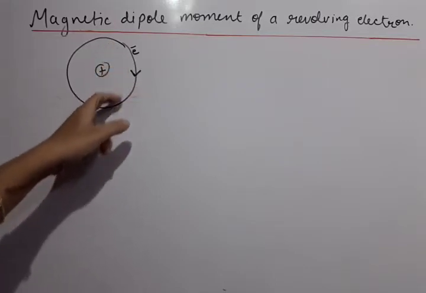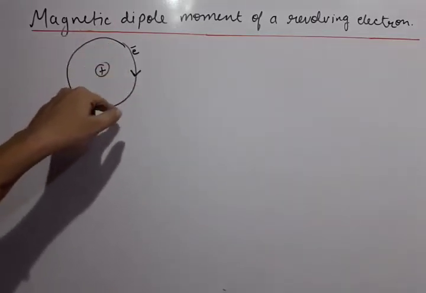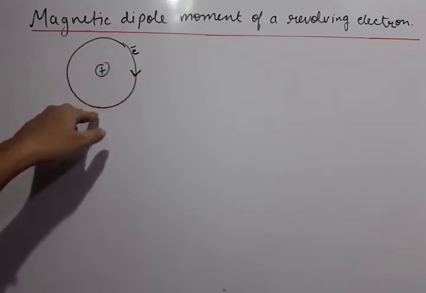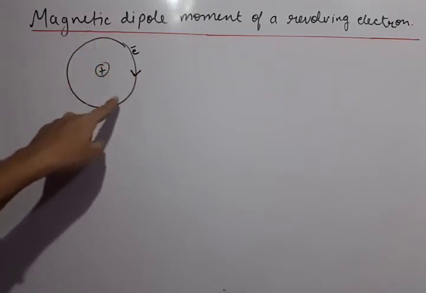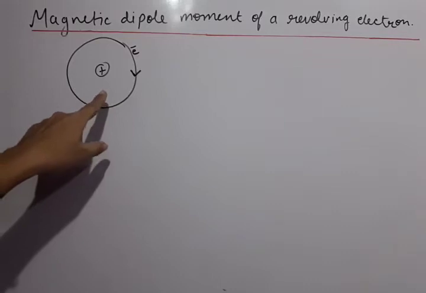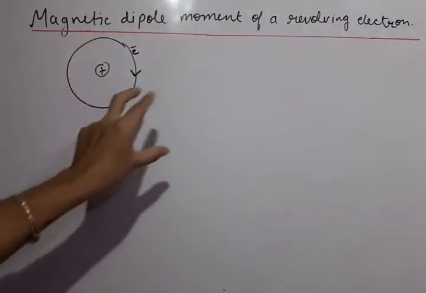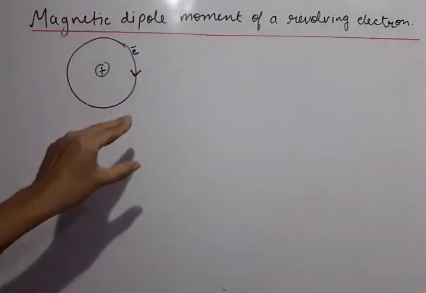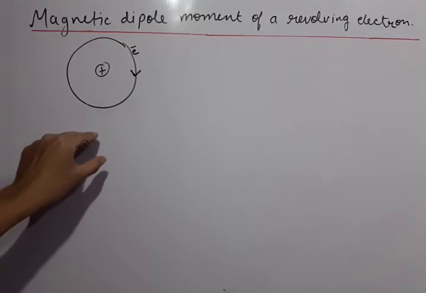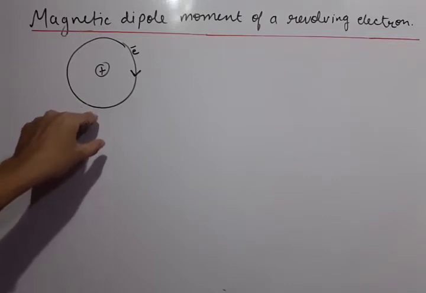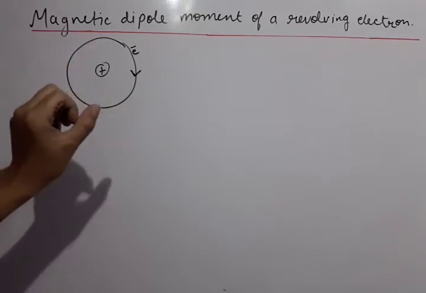Because in every atom there are many electrons which are revolving, that means there are charges which are moving. So, the currents are present, and because of the currents, magnetic field is also present in its vicinity, in its surroundings. So, this is the logic that why the atom possesses the magnetic property.